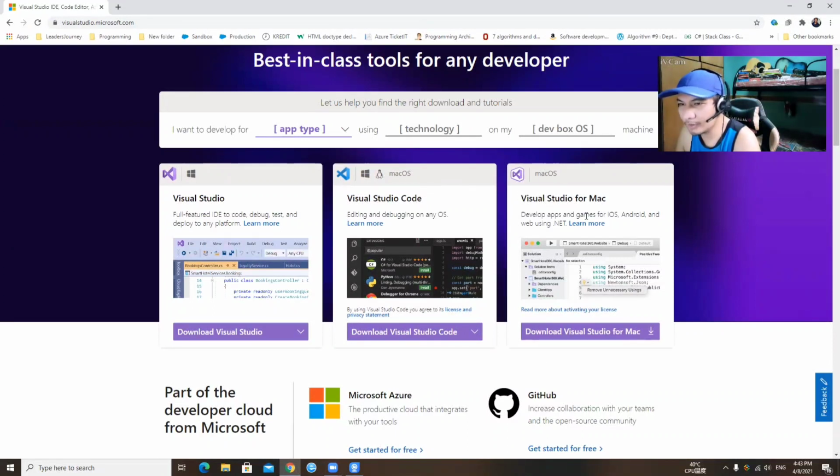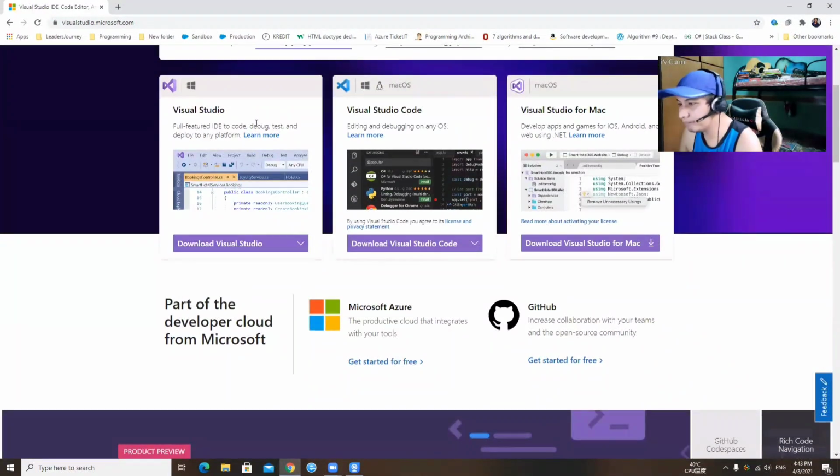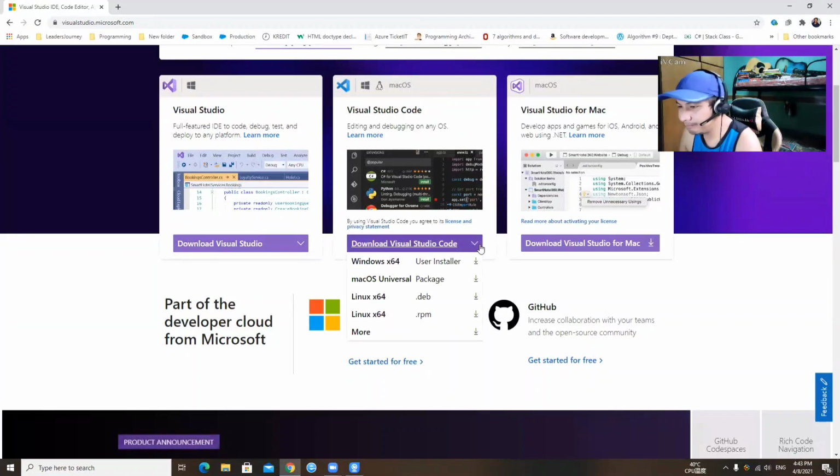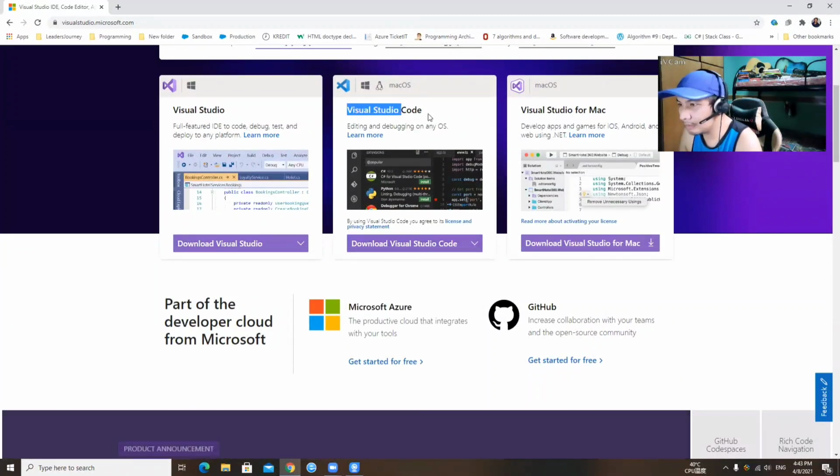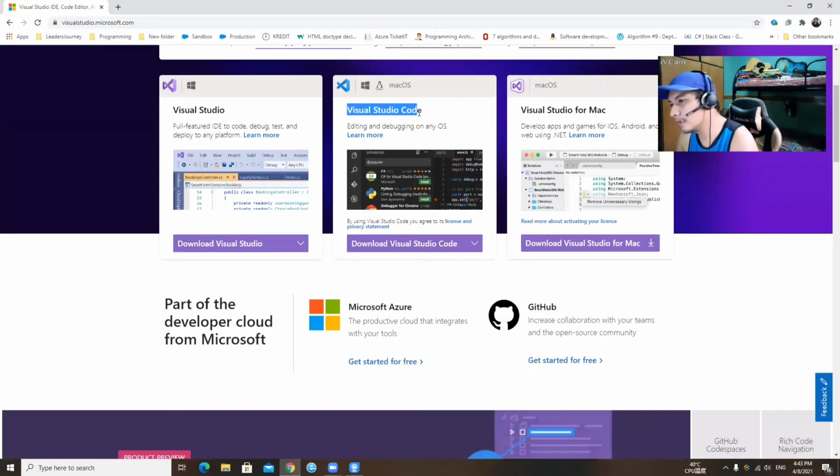If you are using Mac OS, you use that, but I'm using Windows, so I intend to download Visual Studio Code and then Visual Studio. This is the light version of Visual Studio, the open source light version,